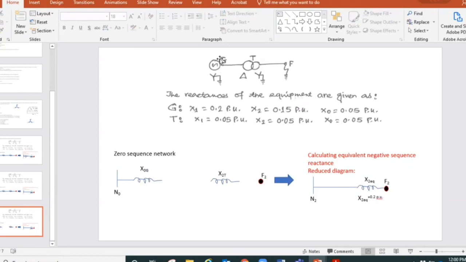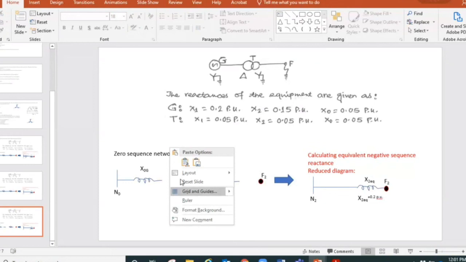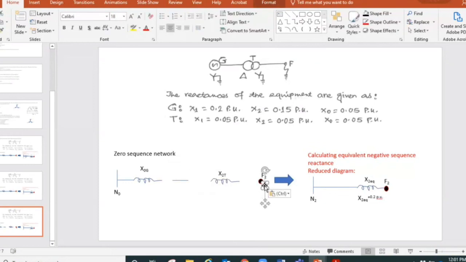The first one, we show the generator reactance, right? After that, we leave an open there, and then we look at the connection of the generator. Like this is the opening I'm showing. Can you see the open here? Let me put these dots so that we can see them easily. I'm leaving this open here for the generator. The type of connection is star connected and grounded